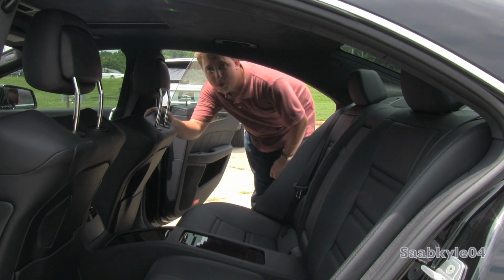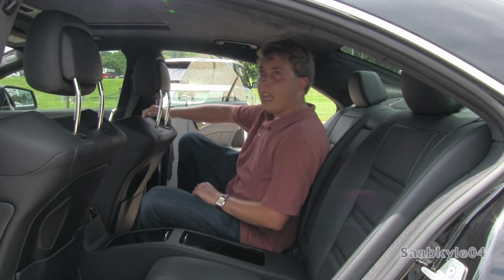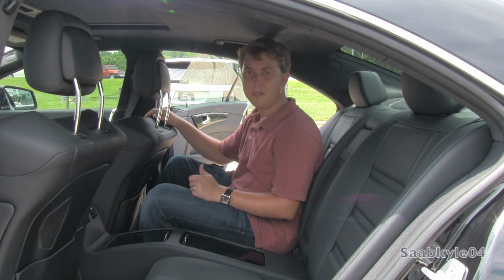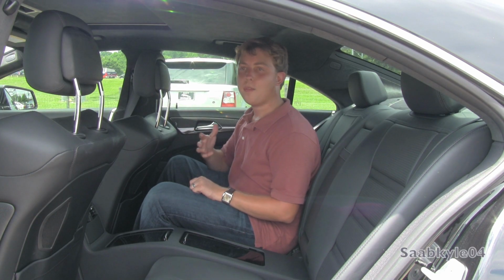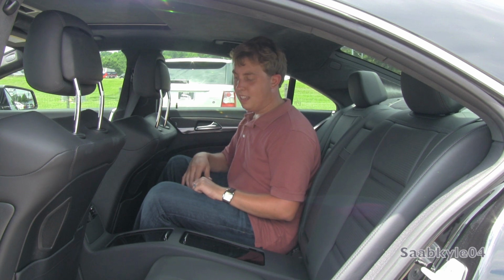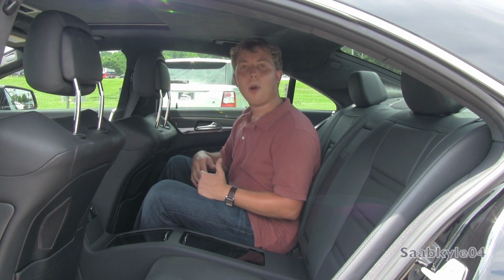Now, if you're within a few inches of 6 feet, you're going to probably want to duck your head when climbing into the back, just because it is a bit more of an intimate cabin than a traditional 4-door sedan is. Of course, just like a Mercedes should, everything evokes a nice solid feel, but because it's a little bit more of an intimate cabin, not that it's cramped,